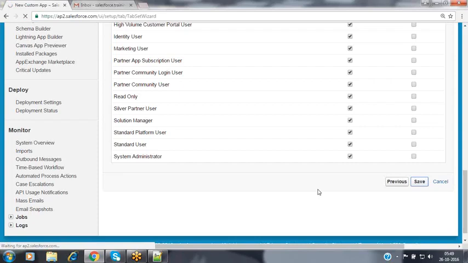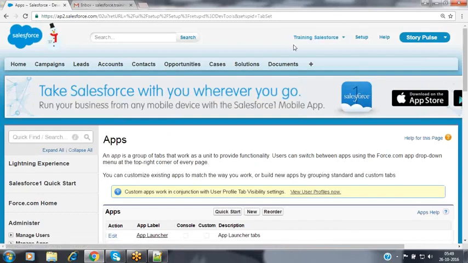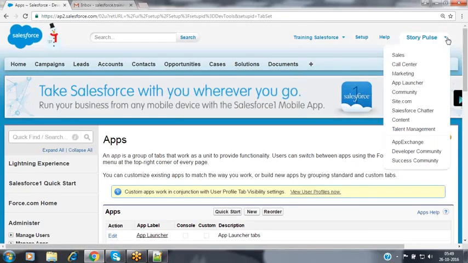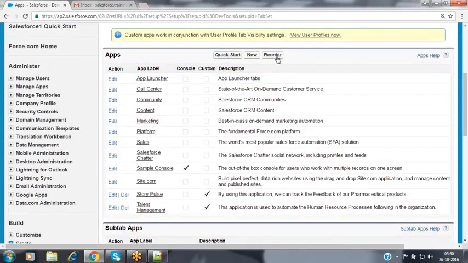So now your application will be created with the details which we have specified. Your application name will be added at the end of the list, that is Talent Management. But I don't want to show this Talent Management name at the end of the list. I want to display it after this particular marketing. Now let's see how we can reorder that. Already we have discussed that.